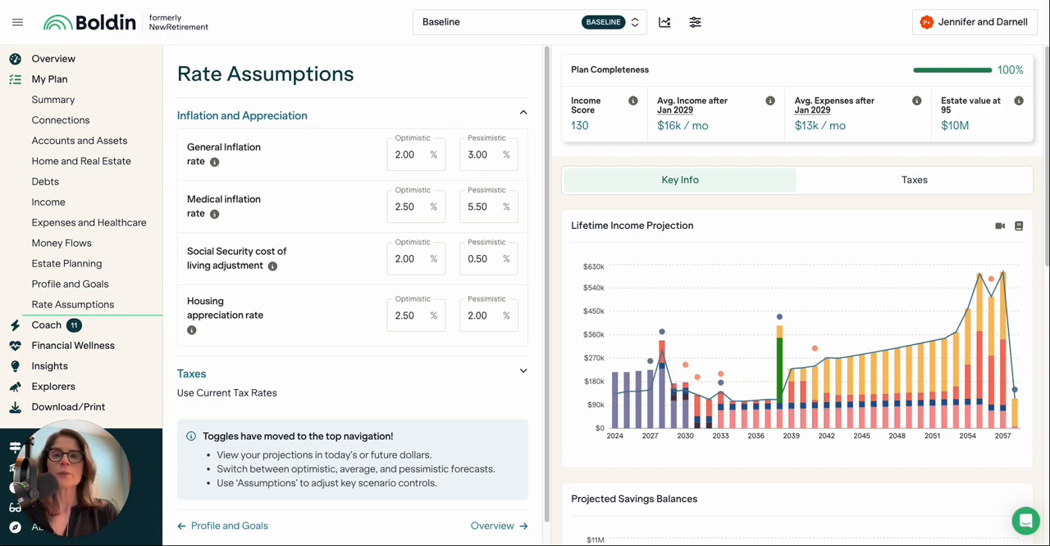General inflation will be applied to the expenses in your plan and is also used for increases in important figures such as the tax brackets, IRMAA thresholds, and standard deduction. Medical inflation, which tends to be higher than general inflation, will be applied to the medical, Medicare, and long-term care expenses in your plan. The Social Security cost of living adjustment impacts your Social Security projection, and, as per current